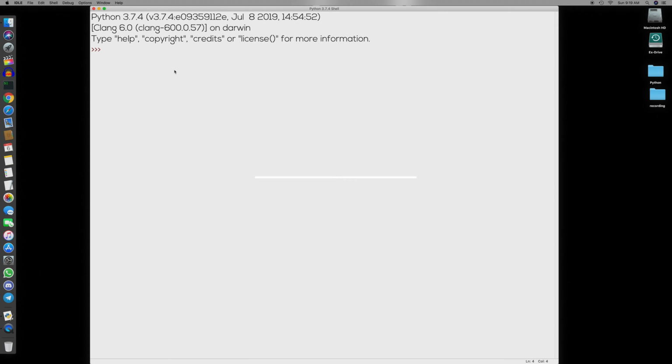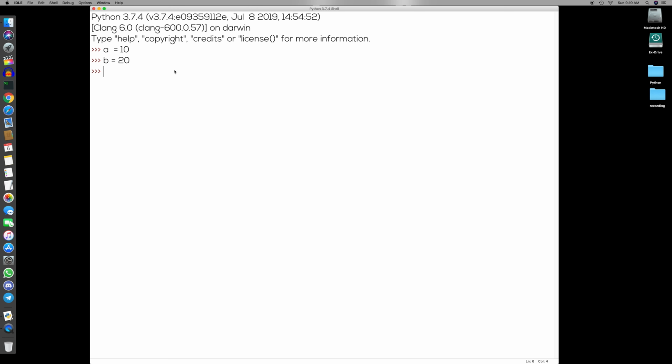Let's start with Python identifiers. So what are identifiers? An identifier is a name given to an entity like a class, function or variable. For example, we create a variable a and put some value in it. We create a variable b and assign it the value 20.